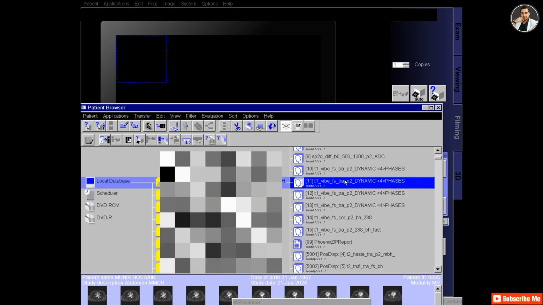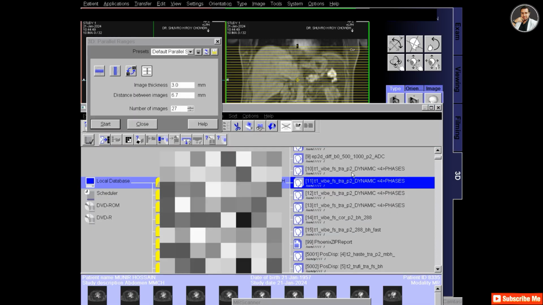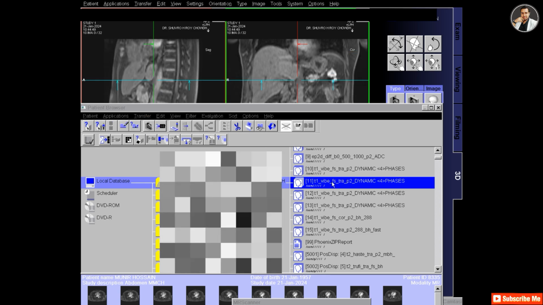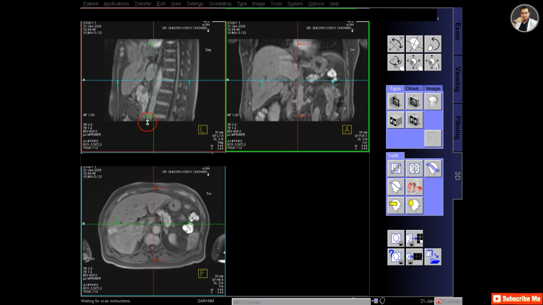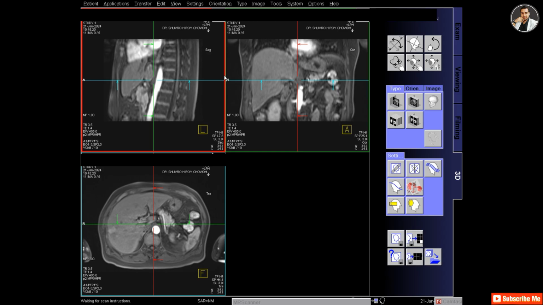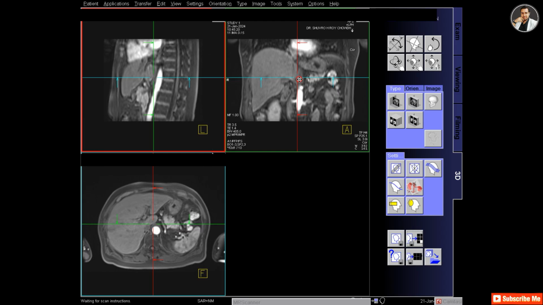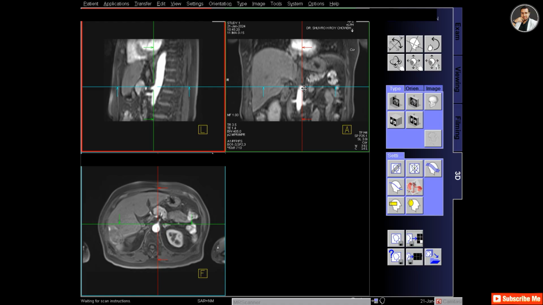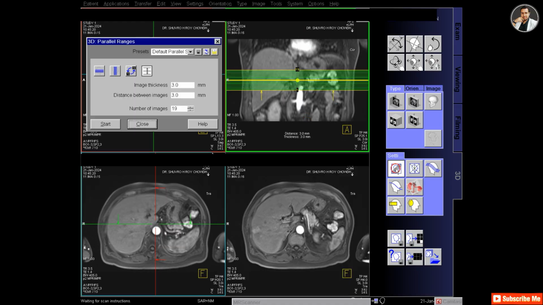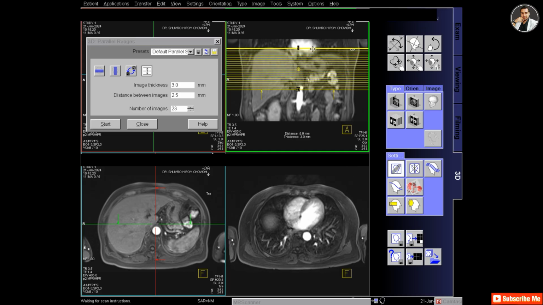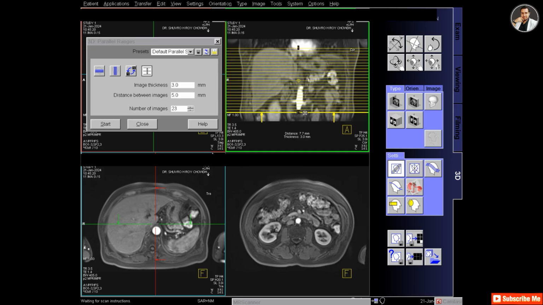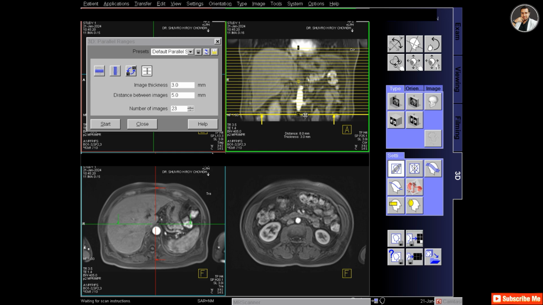Now I am selecting the arterial phase and dragging it to the 3D tab. So this is the arterial phase. I will make the axial images from this 3D application, checking out the images and selecting the parallel ranges and making 27 slices, and drag up and down to cover the whole liver, and thickness is 3.